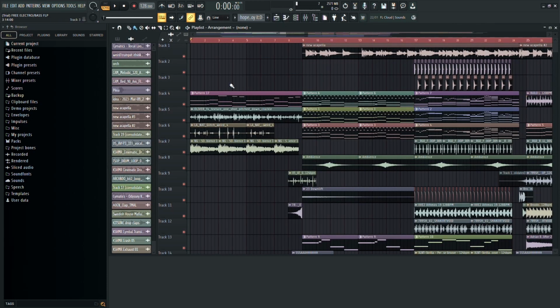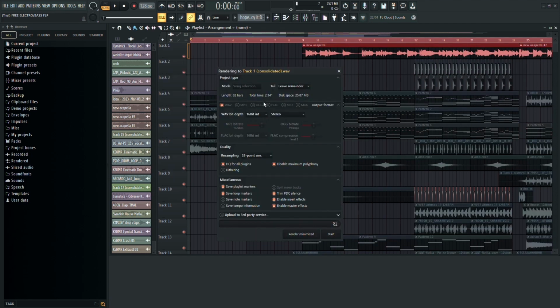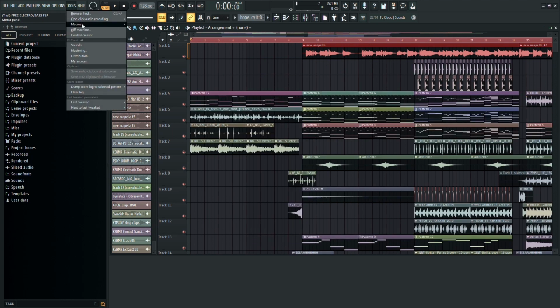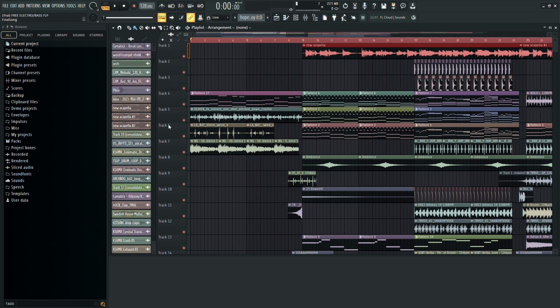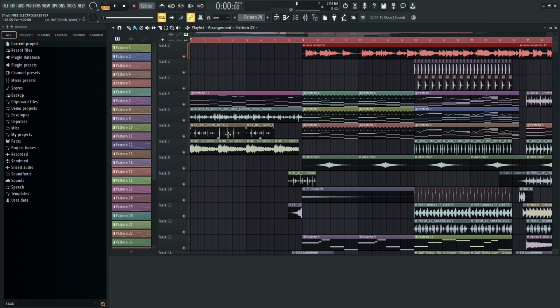If you have a heavy MIDI layer, right-click the track, go to Consolidate Track, and choose From Track Start to export a lighter MIDI version. For large projects with many audio clips, go to Tools, Macros, and Purge Unused Audio Clips to remove unused clips from the playlist. If you want to play it safe, select Unused Patterns using the Picker panel, then decide whether to delete them. With these tricks, you'll notice FL Studio running smoother and faster,